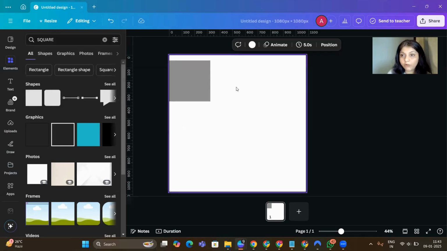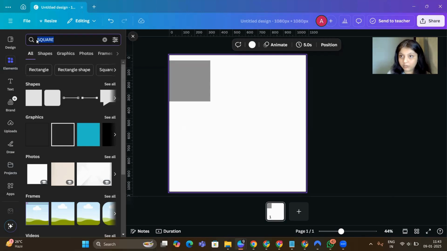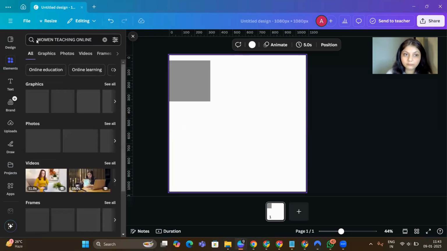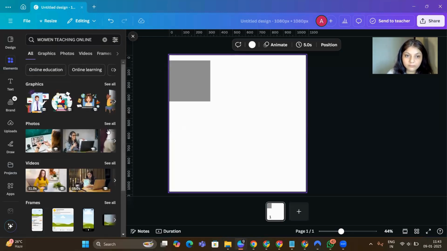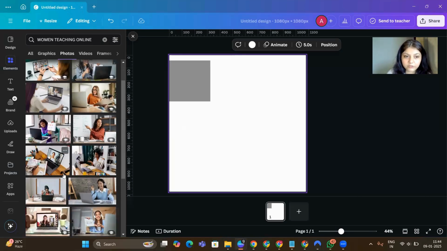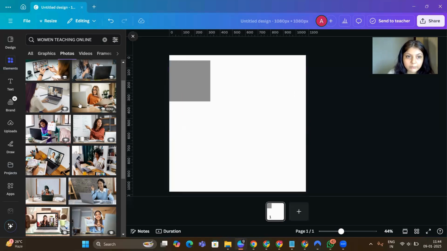So, अभी मैं क्या कर रही हूँ? We are trying to create a poster for Simple Maths by Ananya. Okay, Simple Maths with Ananya. So I'll get into elements and I'll search for an image or a picture, and the picture should have women teaching online. I think that's very subjective, depending on what kind of pictures you want to choose. Let me see. This one-on-one, no, I need people with, yeah, this is